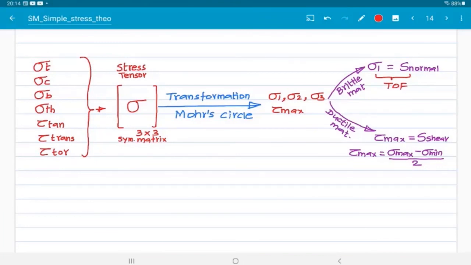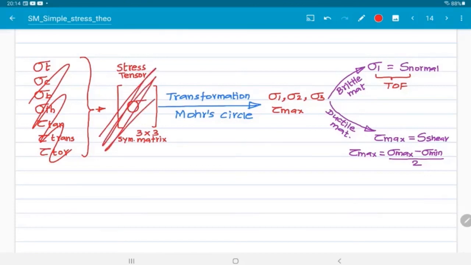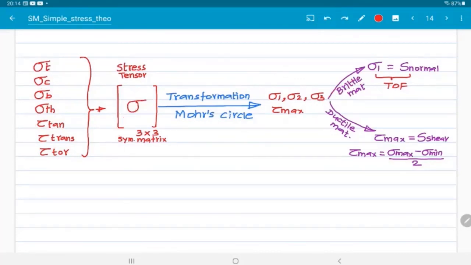Our plan is, first step, to study all the 7 stresses. Then we will study the tensor, stress at a point. Then both the analytical method and Mohr circle we will study. Then theory of failure. Before starting the 7 stresses, we will start with the strength. Only 2 types of strengths are there. We will complete the strength information, very small information. Then we will go for stresses one by one. Okay, so yesterday